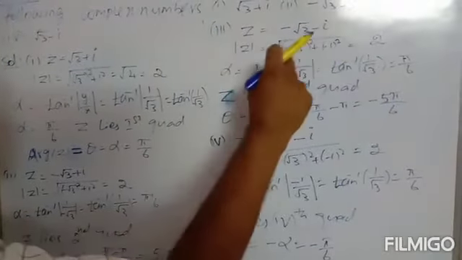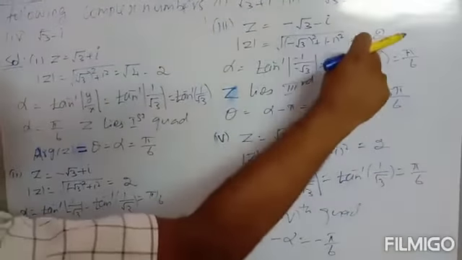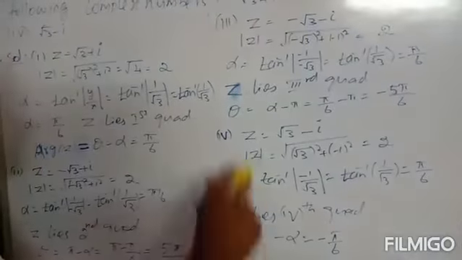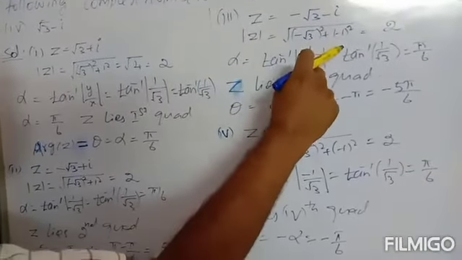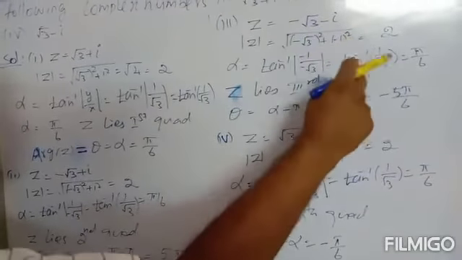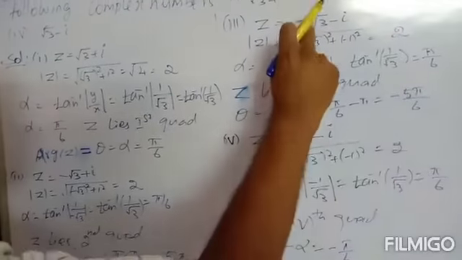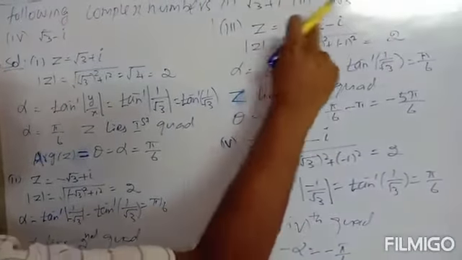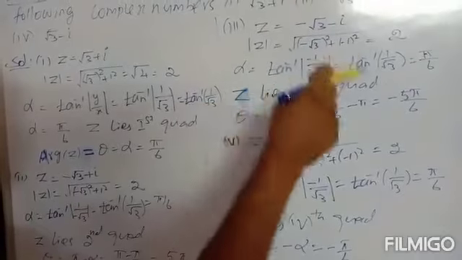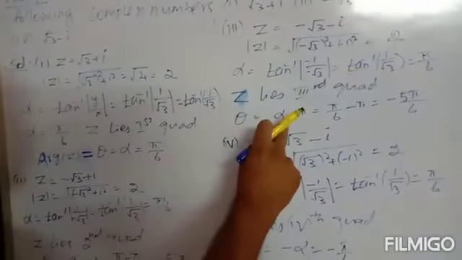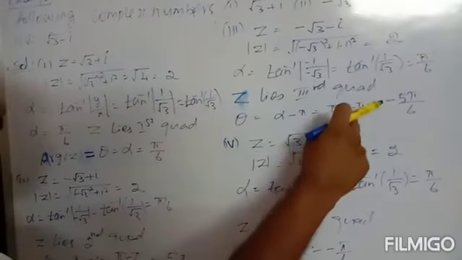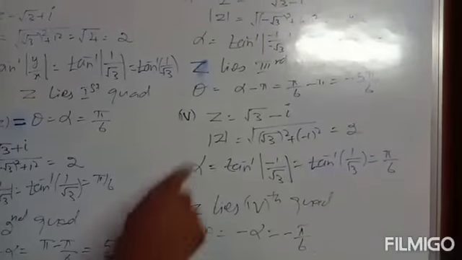Modulus of z equals the square root of (minus root 3) whole square plus (minus 1) whole square, that is equal to 2. Alpha equals tan inverse of modulus of minus 1 by minus root 3, that is tan inverse of 1 by root 3, which equals pi by 6. Here z is (minus x, minus y), so z lies in the third quadrant. So theta equals alpha minus pi, so pi by 6 minus pi, that is equal to minus